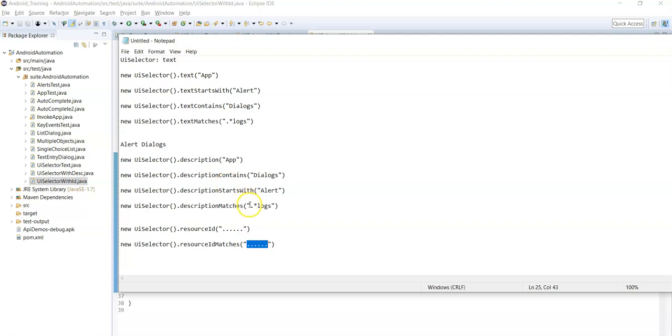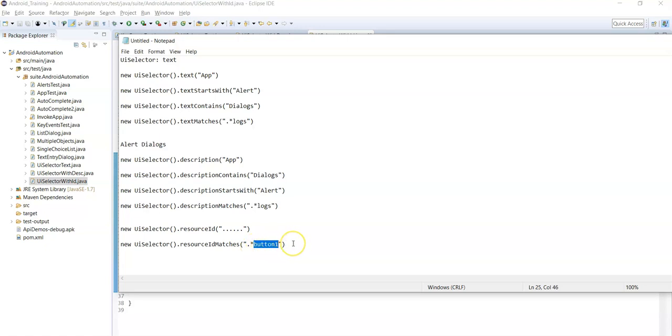So you can use some regular expression and then place some ending value of resource ID. So let's say button1. Now it will search for a resource ID value that ends with button1. So before button1 the value can be anything.